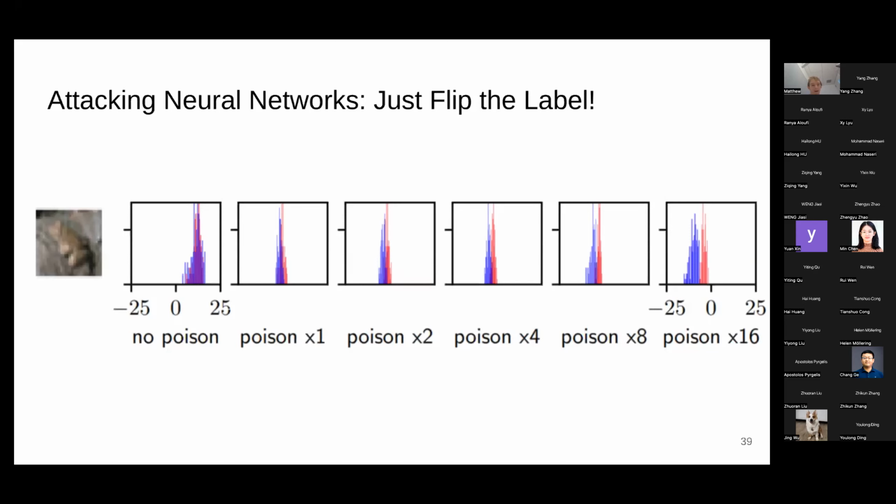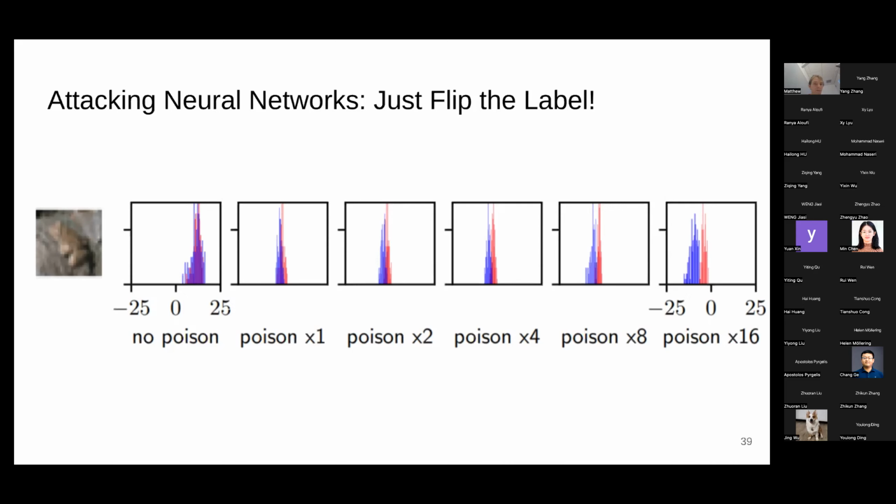Yeah. What do the horizontal and vertical axes represent in these figures? Yeah, so this is just a histogram of, you can think of these as loss values. So the further left you are, the worse you're doing on the example. Low loss is to the right, high loss is to the left. And so when you add poisoning, it goes to the left, the loss increases because you're adding incorrect labels. And that's the effect that you see here. And you also see that it gets more distinguishable.